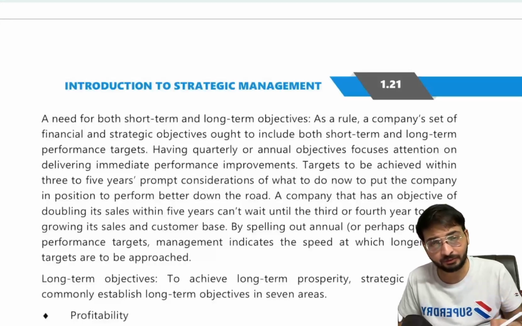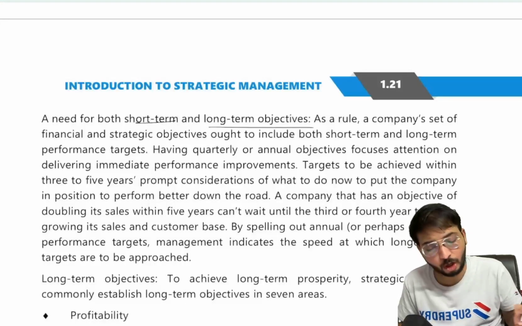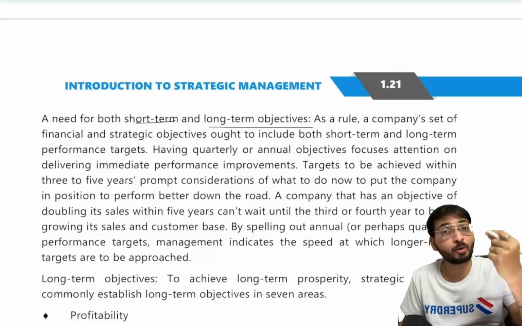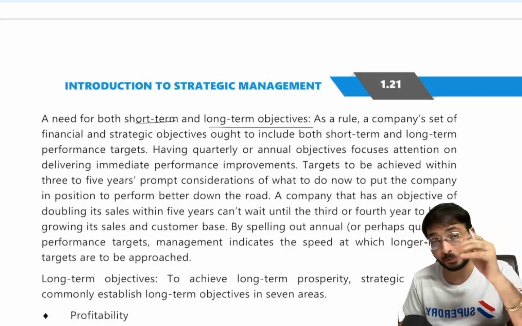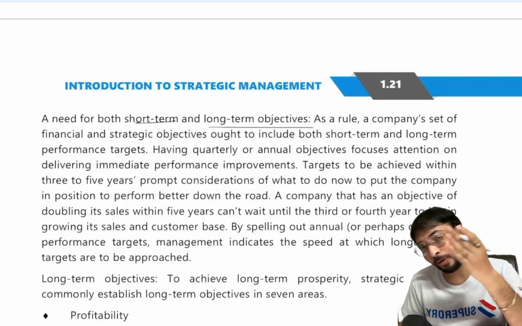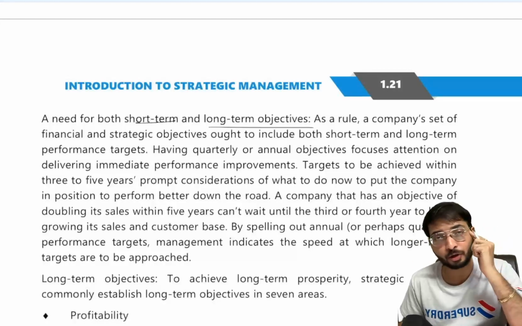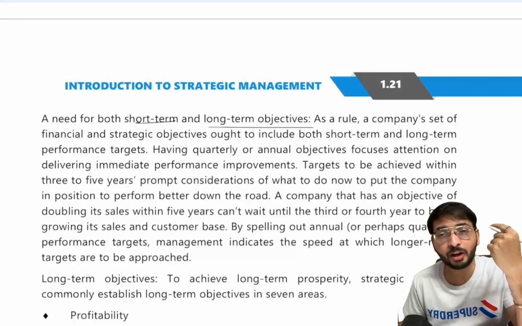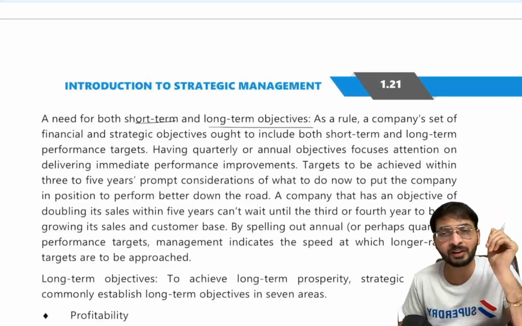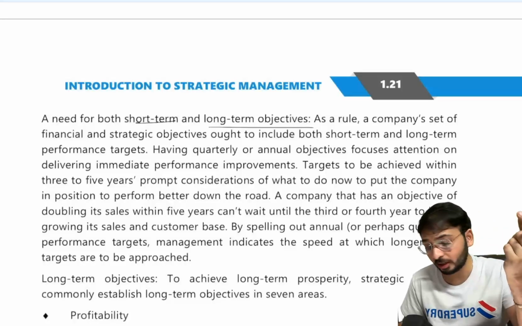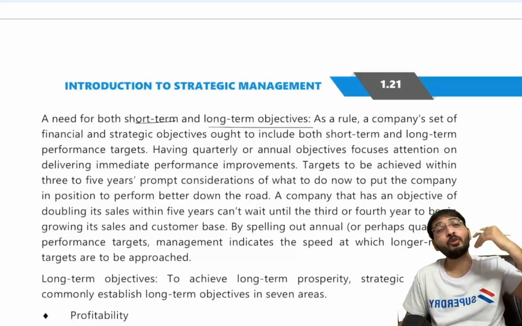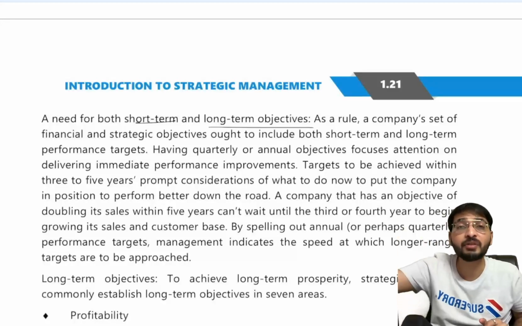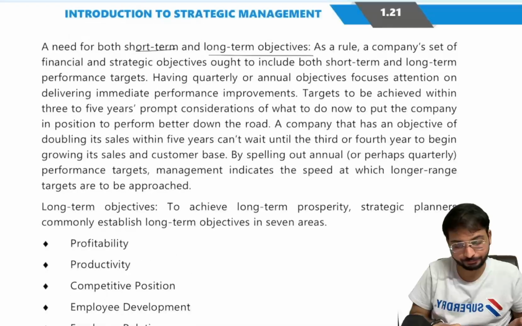Now, every organization will have a short term objective and a long term objective. If it is a quarterly target, this quarter I have to achieve this much, next quarter I have to achieve this much, so that is a short term. Generally quarterly up to 3 years, those objectives are called short term objectives. Then what is long term? 3 years to 5 years, or usually 7 years, but 3 years to 5 years can be considered as long term objectives. Next 5 years or next 4 years I have to achieve this sale, that's a long term objective. Next quarter I have to achieve this growth, that's a short term objective.